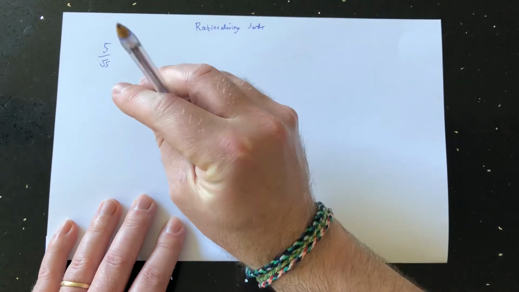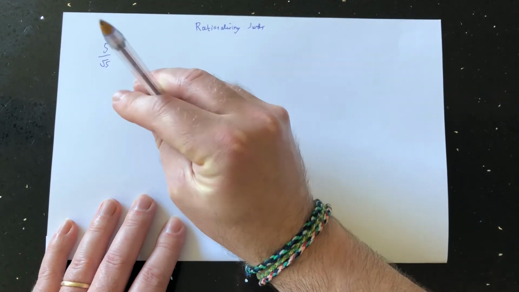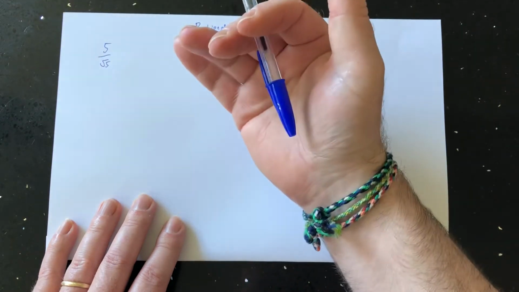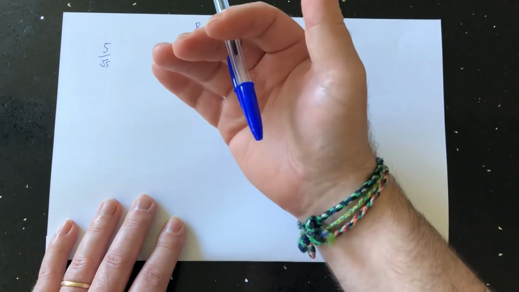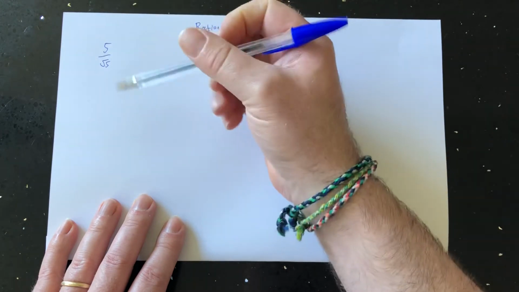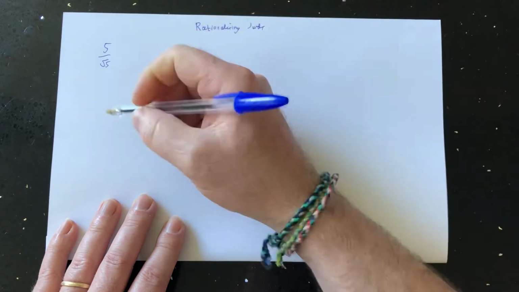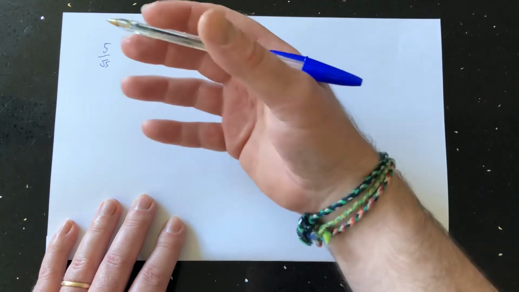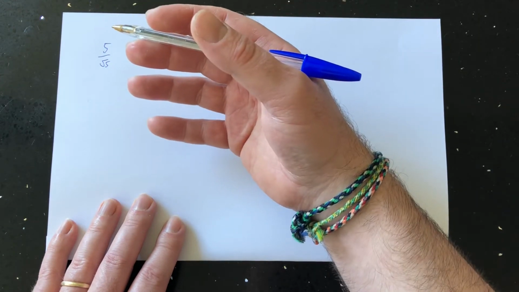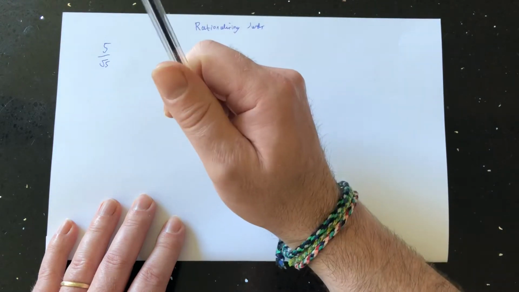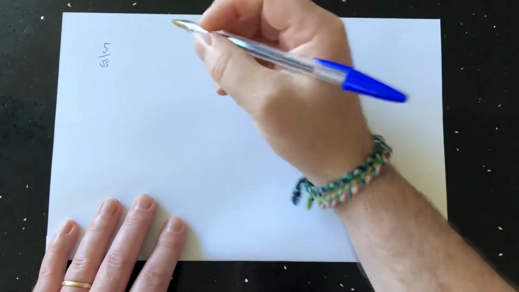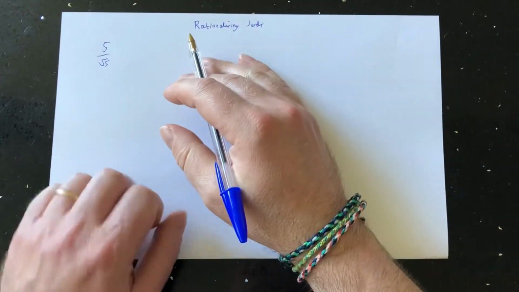I was trying to think of why we do this, and I genuinely don't know. Before calculators and things like that, it made sense. It was easier to work with it on the top. But we've had calculators for years, and yet we're still teaching this, and it's a skill. It's fine, but I can't really justify it outside of the GCSE exam. I have asked some people, and if they come back to me with a better answer than that, then I will let you know. But for the moment, we're just going to go with it,